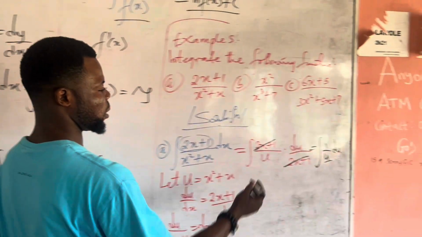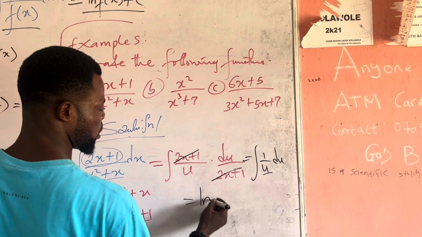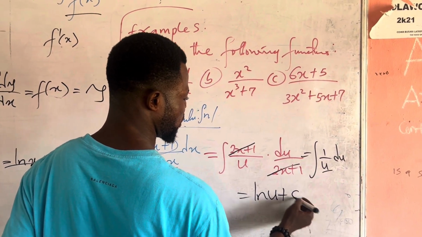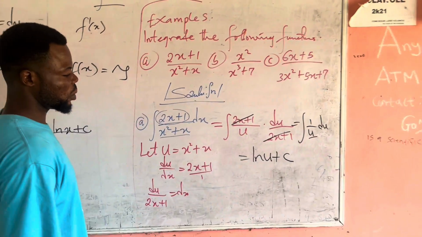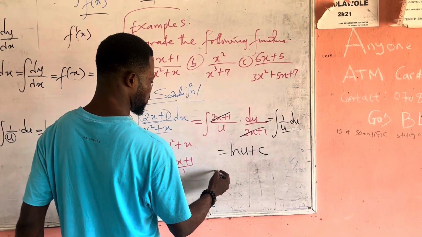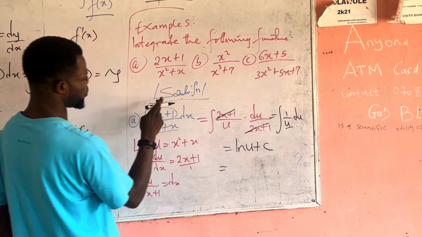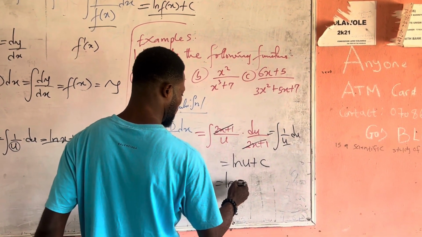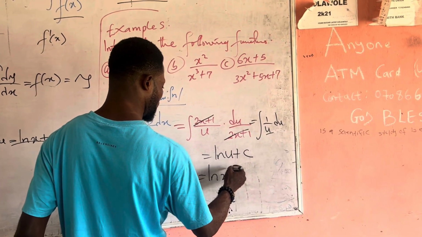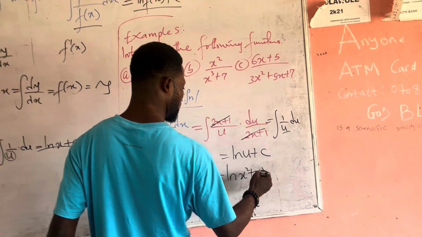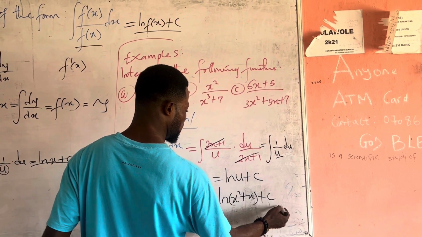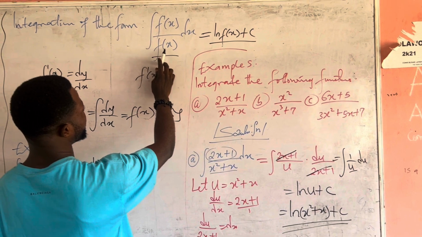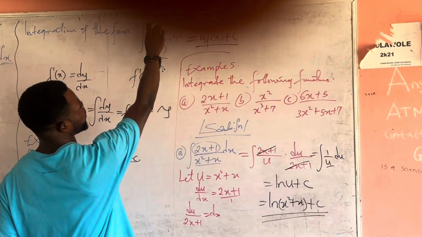So we can now see this is the same thing as ln u plus c, where c is a constant term. We have to replace the value of u. And what is our u? Our u is x squared plus x. So this will give us ln of x squared plus x, plus c. So that is the answer. So when you have the derivative of the denominator equal to the function at the numerator, you take the